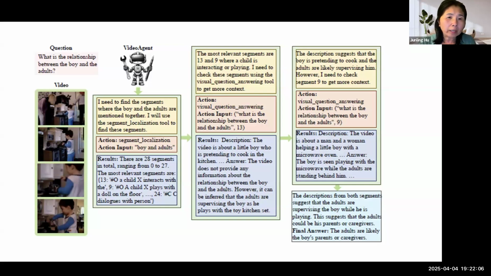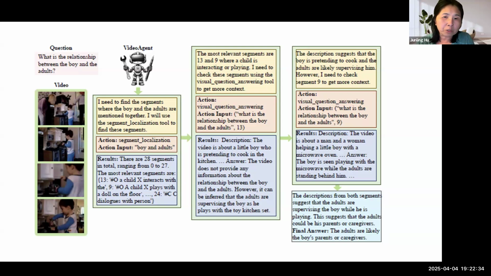So the agent can have some reasoning, as I mentioned, some self-reflection. Basically it gives itself a step-by-step instruction. Say, I need to find out, first segment the video. After that, it calls a segmentation tool externally to complete the task.